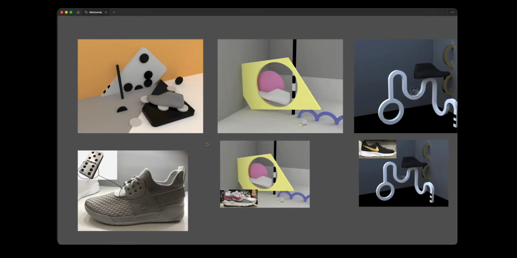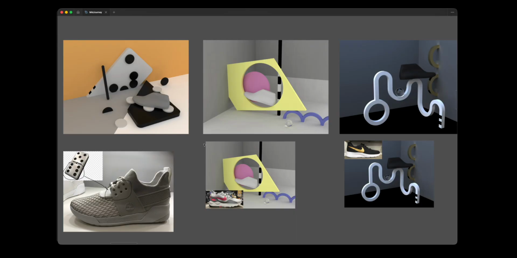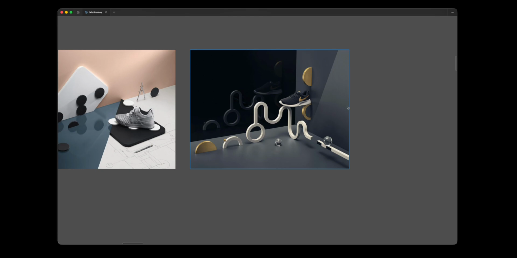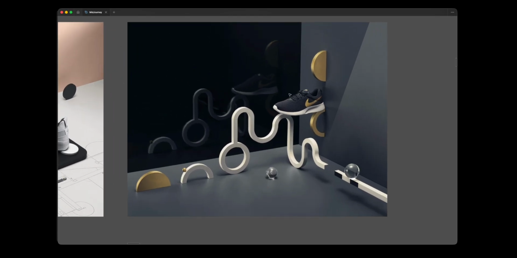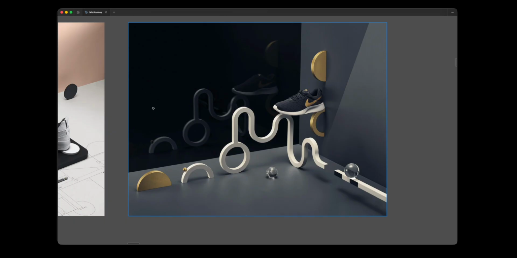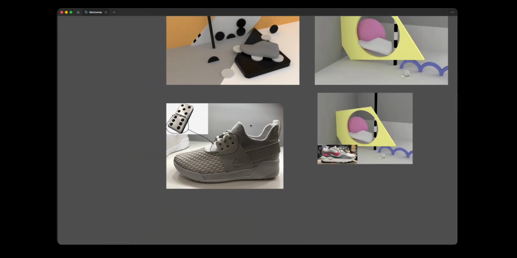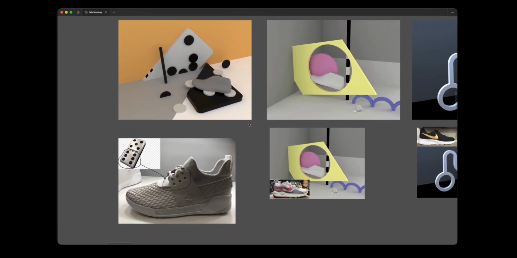So I would use 3D as a tool to model all the shapes, not as a render, like a final output, because there are some people who are 3D designers and their job is to make stuff like this, but in 3D. But I prefer to do the real thing. I mean, this is so clean that you would almost think that it is 3D, but it's not, it's a photograph. If we go back to the 3D, it's a good way to brief the photographer as well, because